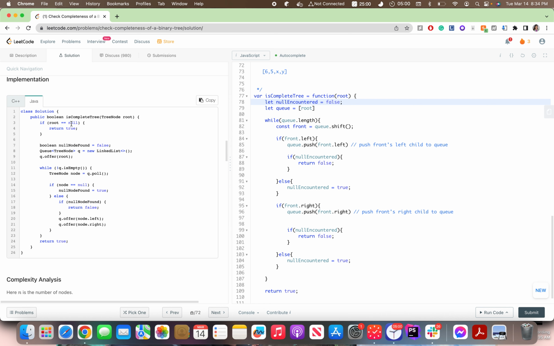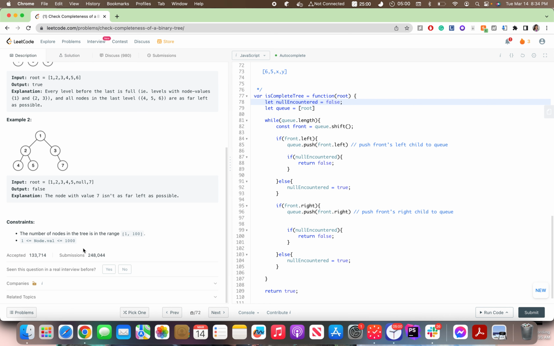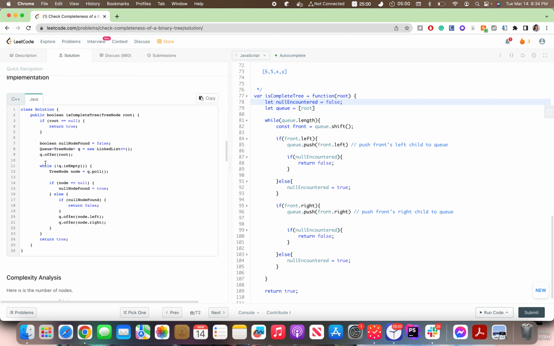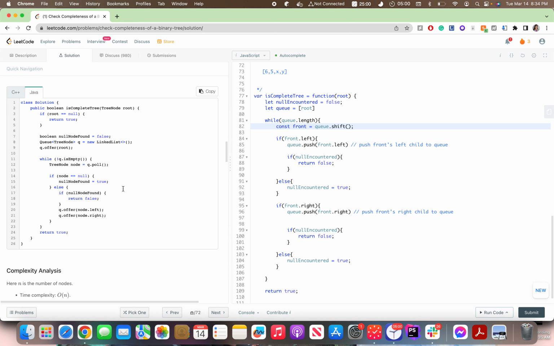I did not even check if root is equal to null, because they are saying that there will be at least one node. So while q is not empty, so I first of all did this. Then q dot poll, it is similar to q dot this one. And if node is equal to null, then null node found equals true. Otherwise, if not null node not found,